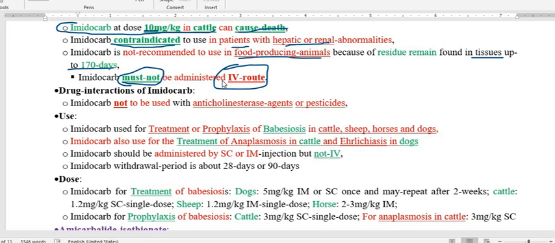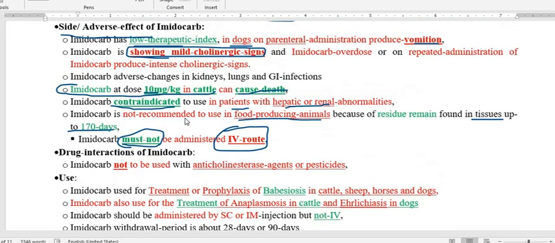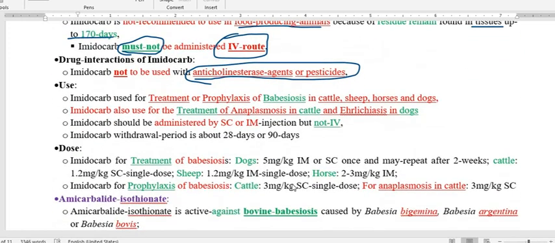Imidocarb must not be administered by the IV route. One drug that belongs to the antitrypanosomals, suramin, is specifically administered by the IV route with dextran, whereas imidocarb should not be administered IV. So this is the difference between the drugs that you have to keep in mind. Because imidocarb shows a cholinergic, cholinomimetic type of effect, we should not use this drug with pesticides or